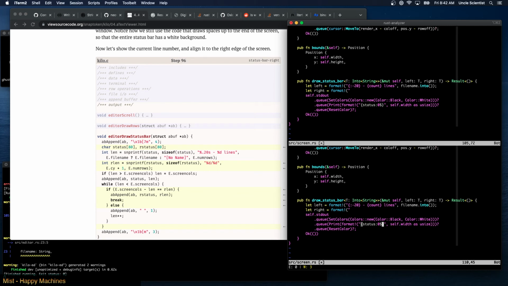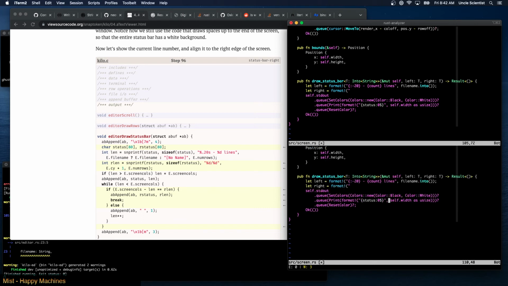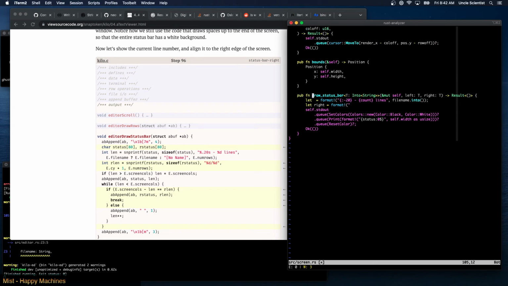Question is how to calculate where the right side is going to go. So the right side is going to have a certain length. Left width. So left